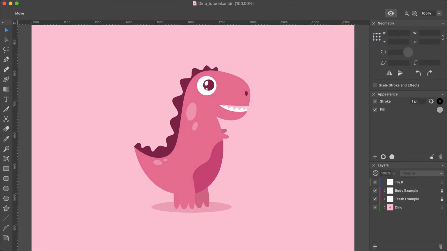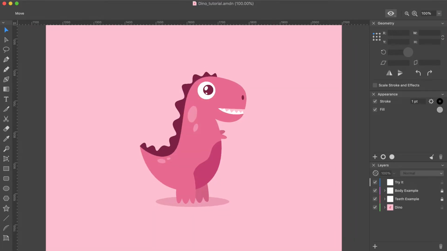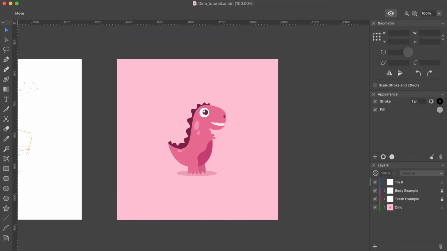The sample document is the drawing of a little dinosaur. As you can see, it consists of various paths and anchor points. All of these paths were created with the pen tool. Let's see how it works. We will begin with the first sheet, where we can trace some parts of the dinosaur.